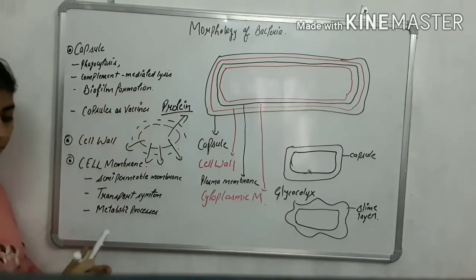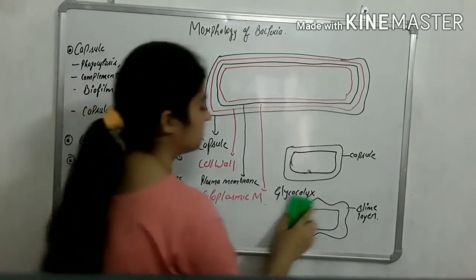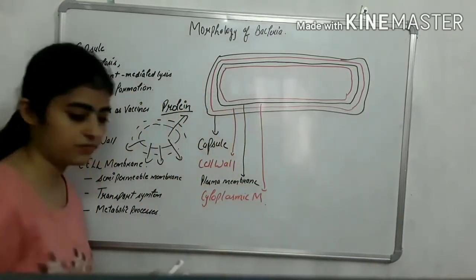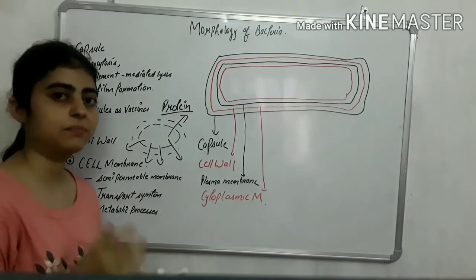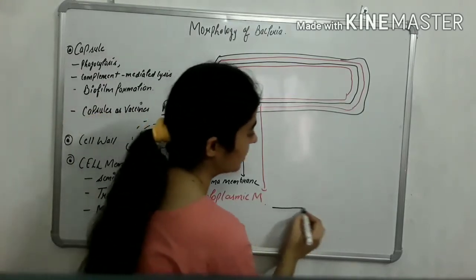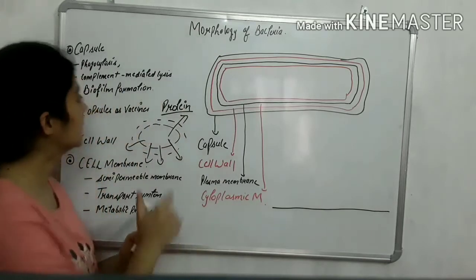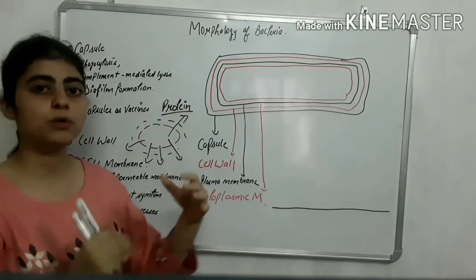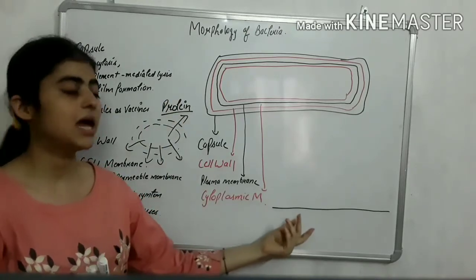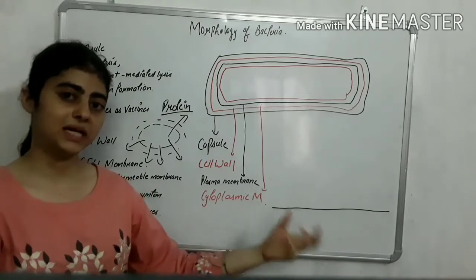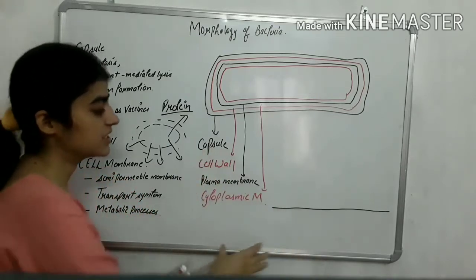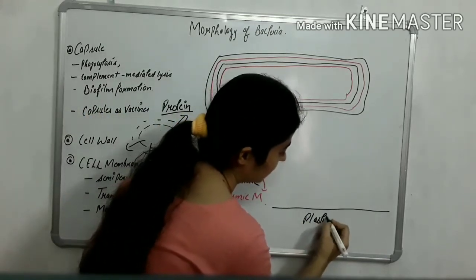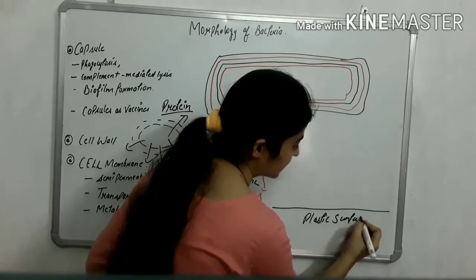Next we have biofilm formation. Let's take an example. What is biofilm formation? For example, we have a medical device like a catheter. Biofilm is always formed on surfaces, for example medical devices like endoscopes, catheters, etc. For example, this is the catheter, or we can say this is a plastic surface.